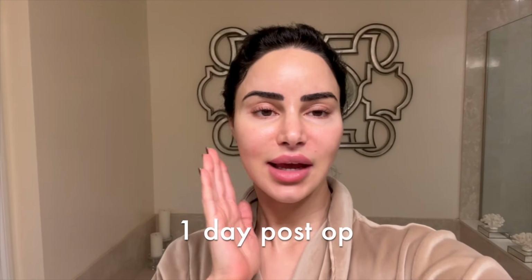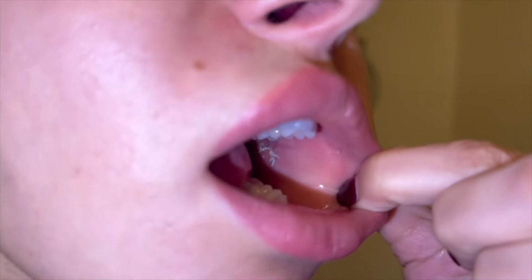Okay, this is me the day after buccal fat removal, and I don't feel like I look swollen at all. They did tell me that the next day would be the worst swelling, but then again, I did sleep with my little compression wrap around my head, and I did ice on and off about twice last night before sleeping. I did end up taking a Percocet for a little bit of the pain I felt right up here near my cheek, but this morning I don't feel like I need any more pain medication, and if I do, I'll probably just opt for the extra strength Tylenol instead. And then I am continuing with my mouthwashes, and I just looked inside my incision, and it looked